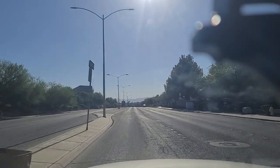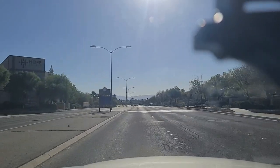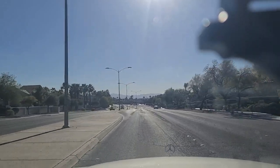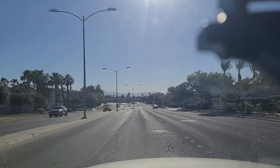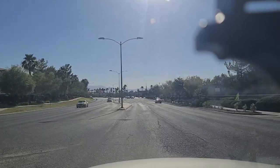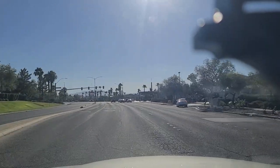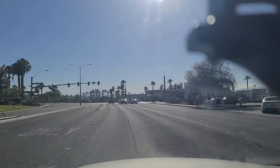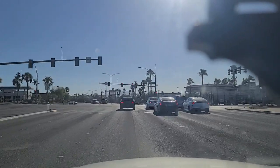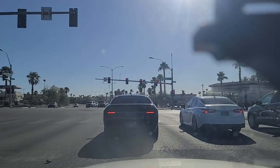Black Mountain, and you come straight through the light there at Horizon Ridge Parkway, and you end up right at the 215 Beltway, and you can go anywhere in town from there. So it's really, really convenient. Very cool feature that a lot of folks in town do not have, being able to just do that and drive. Just get out and go immediately to where you want to go without going through a million traffic lights on